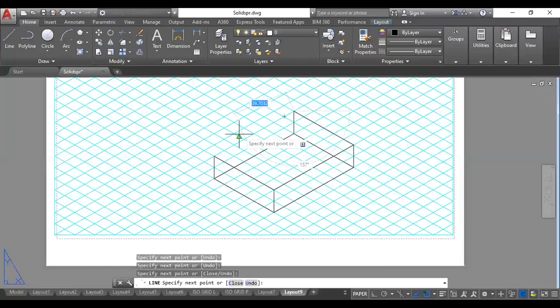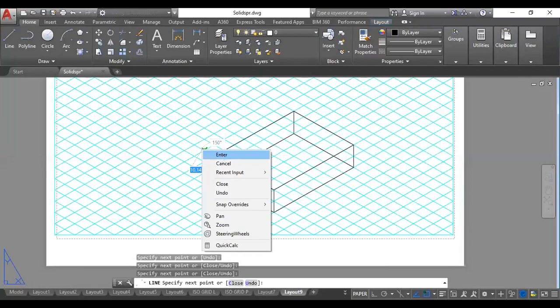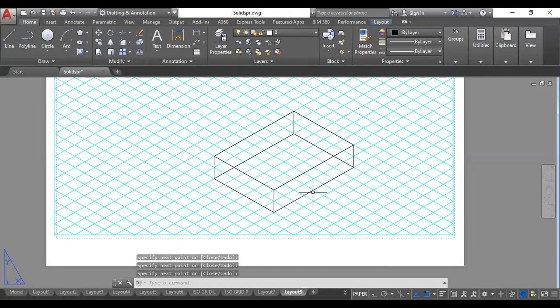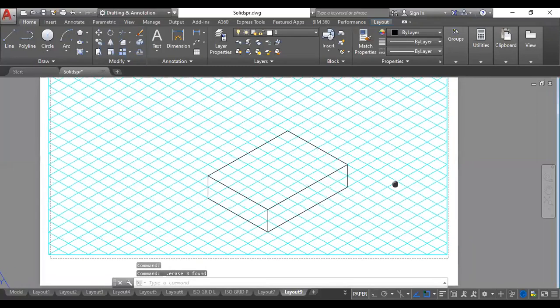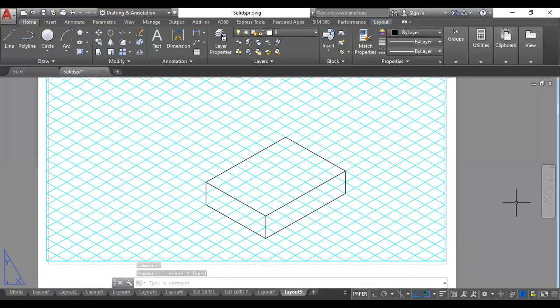Okay, so that becomes the rectangular slab of 80 cross 60 cross 20. Now the hidden edges have to be erased. So this edge and this edge will be hidden, which are inside, so these will not be retained. So henceforth, this is the first solid, the rectangular slab of 80 by 60 by 20.